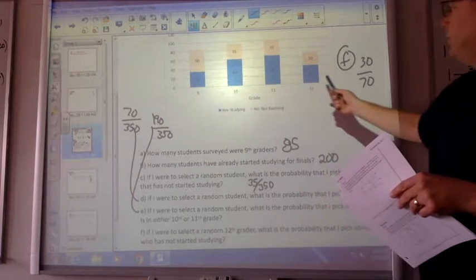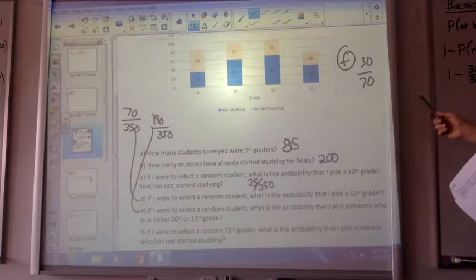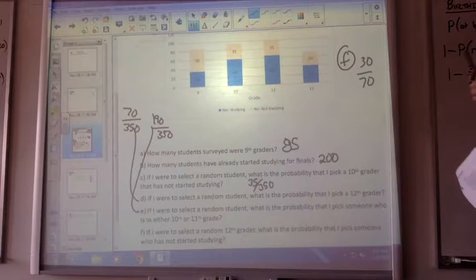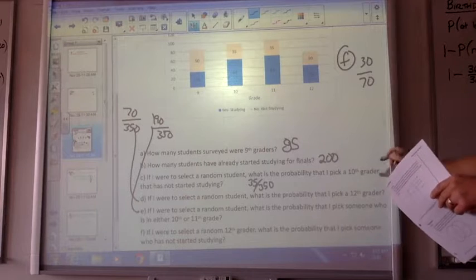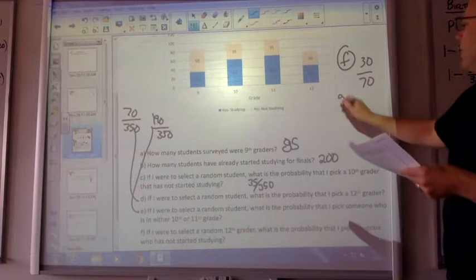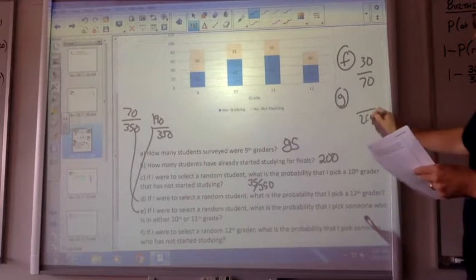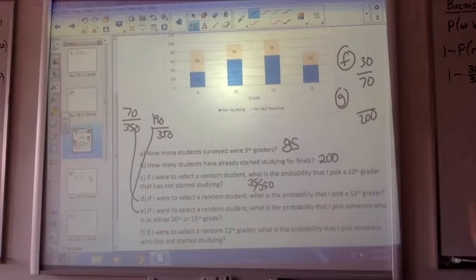35, 60. Didn't we do that someplace? Yeah. How much is it? 200. Okay, so the very last one, G, we have 200 on the bottom, and then so it's like, okay,